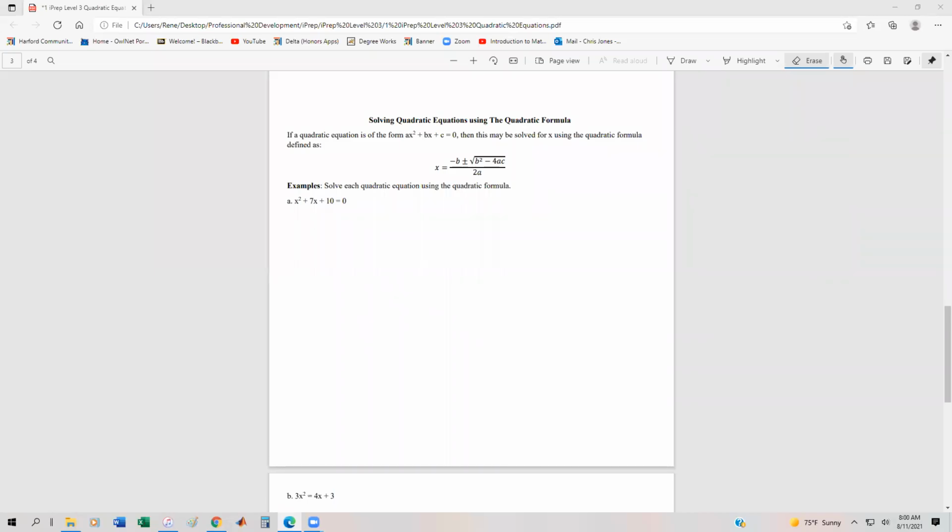One final way to be able to solve quadratics is by using the quadratic formula. The quadratic formula suggests that if we have a quadratic of this form, ax squared plus bx plus c equals 0, then what we can do is identify a, b, and c and just plug it back into this formula and we can get two solutions for x, which is really nice because all this boils down to is